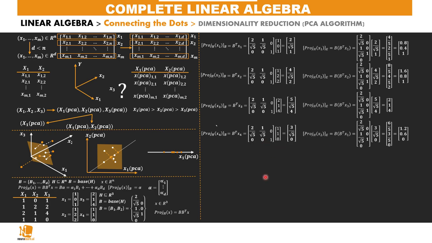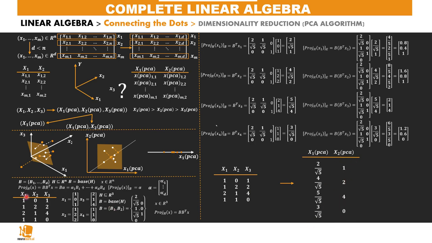Let's now summarize what we've just done. Given these 4 different vectors, we can now form 4 other vectors which have only 2 coordinates, so they are vectors in a 2D space. So 1, 0, 1 turns into 2/√5, 1. 1, 2, 2 turns into 4/√5, 2. 2, 1, 4 turns into 5/√5, 4. And 1, 1, 0 turns into 3/√5, 0. So this is how we can turn this into a 2D space without losing much information,